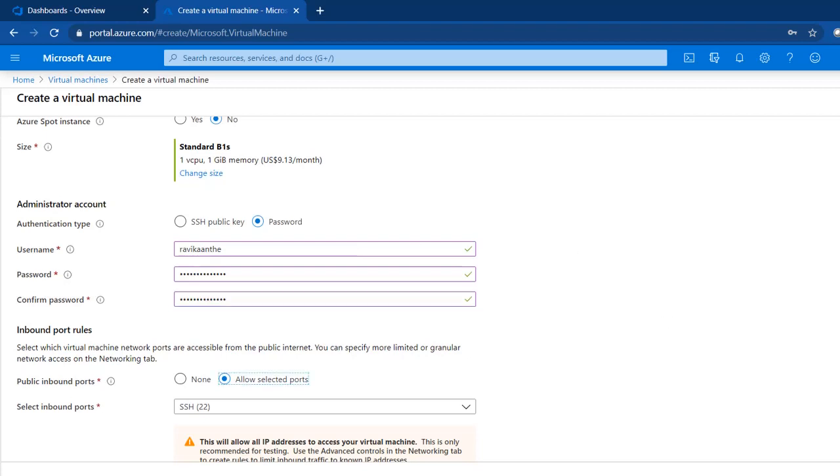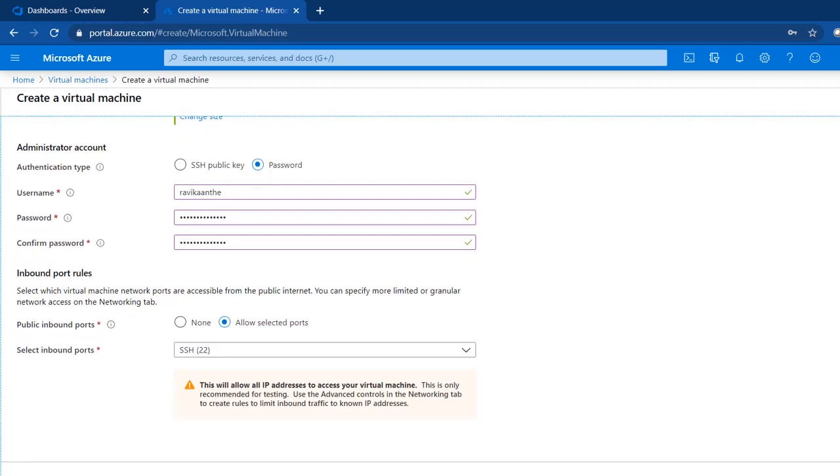Now you have to create inbound ports, public inbound ports. By default, Azure will provide port number 22, which is required for SSH. But now I want to expose this virtual machine, which is on the cloud, to my home network, internet, because I want to connect to this cloud virtual machine from my home internet.